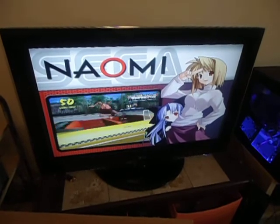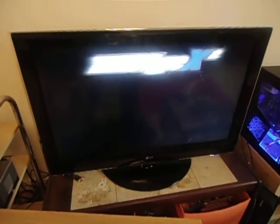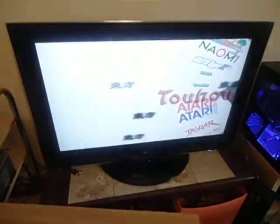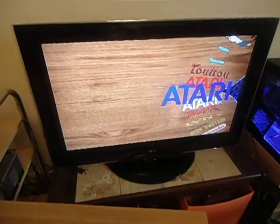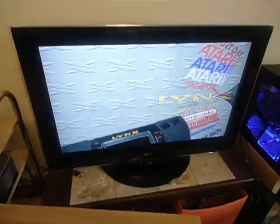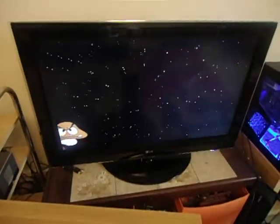You know, when you've got your emulators working very well. Crazy Taxi, and then some more obscure stuff like the Taito X board emulator, and some home game stuff. So there's loads of stuff here. I'll just flick through them. Good old Atari 2600, Atari 5200, 7800, Jaguar, the Lynx, the Famicom Disk System, so this was the disk system, good old NES,